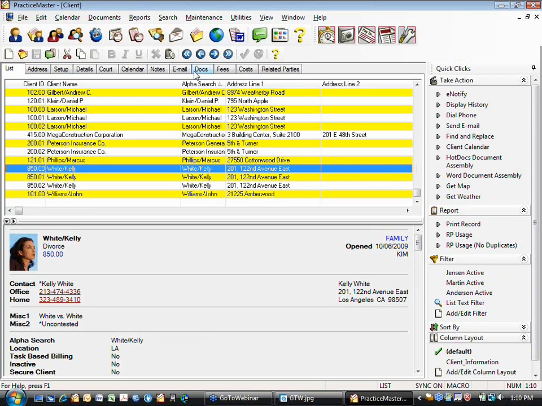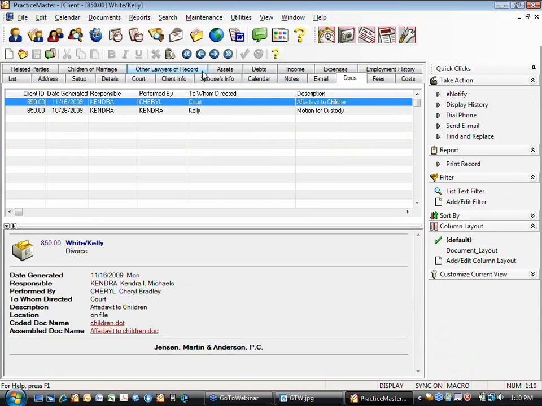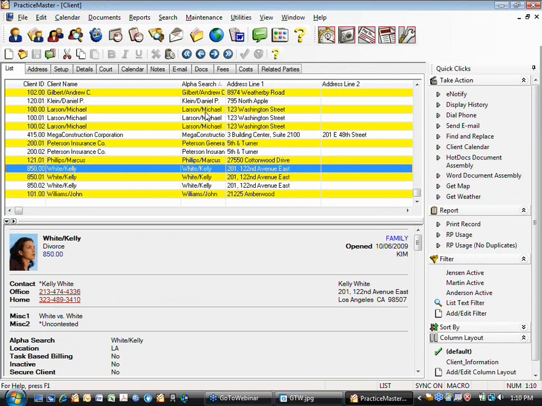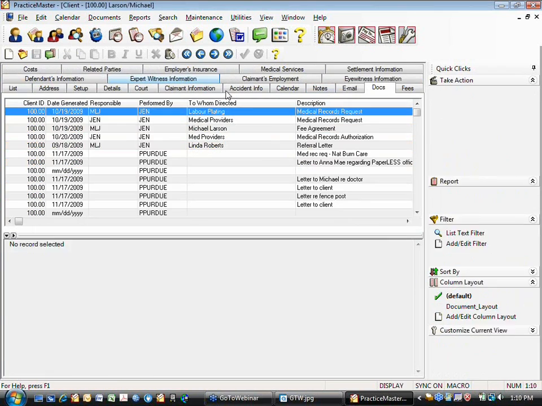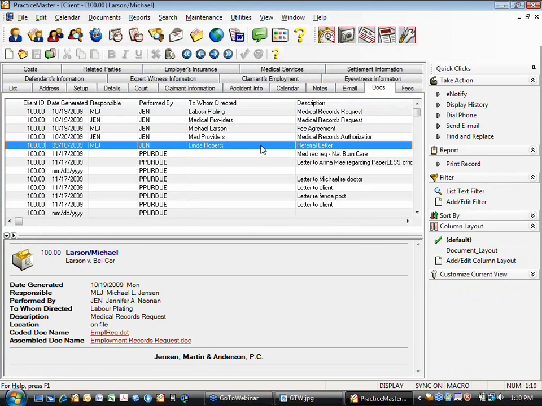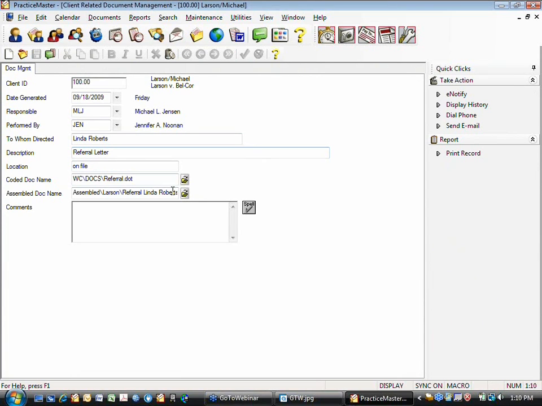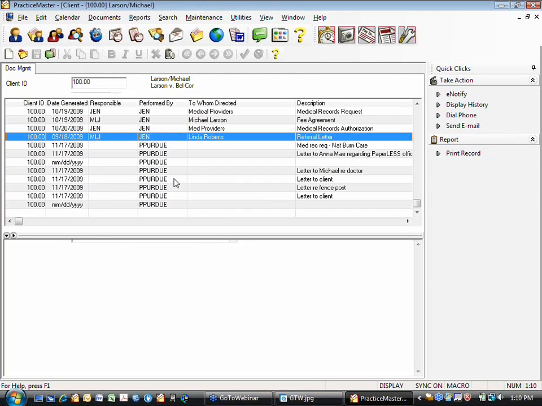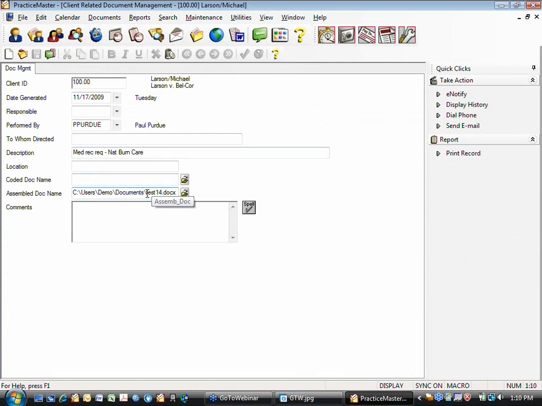The other thing that you could do that I think is kind of a neat thing is with the Documents tab. If you're doing document management and you're saving documents into PracticeMaster by folders, and you have a correspondence folder out on your server, and you move that folder to an archive file, obviously that breaks the link here in PracticeMaster. If you come in here to click on that record, you no longer have that link because you've moved the document. So a quick way that you could come in and do the change would be, for this example,